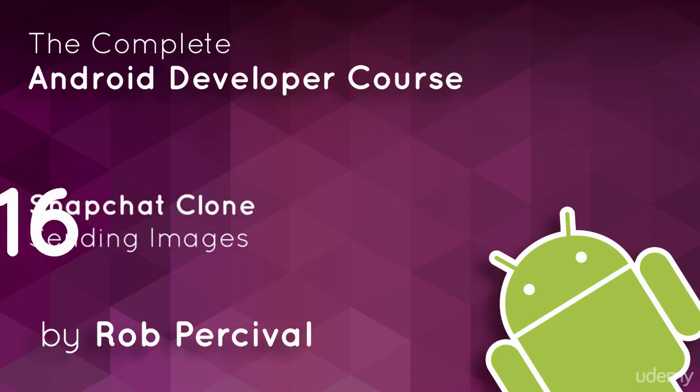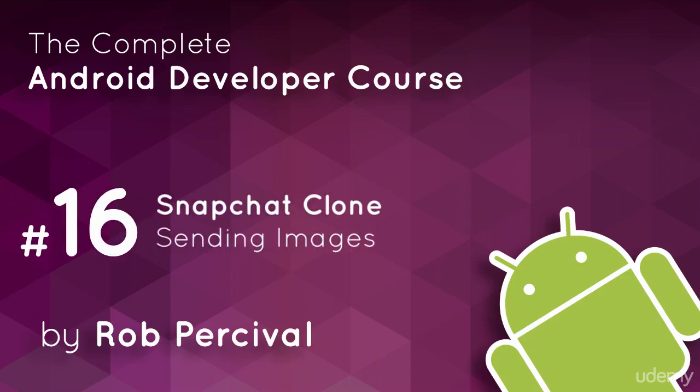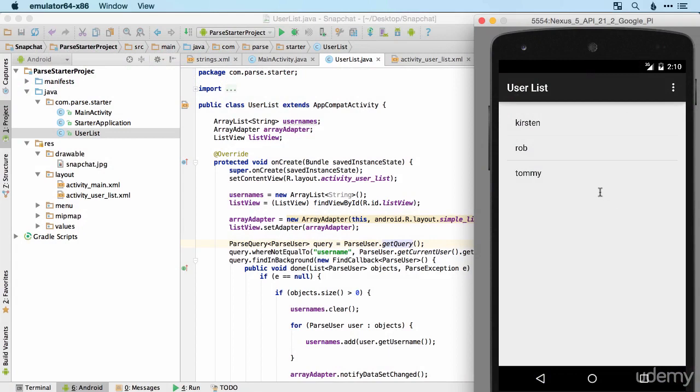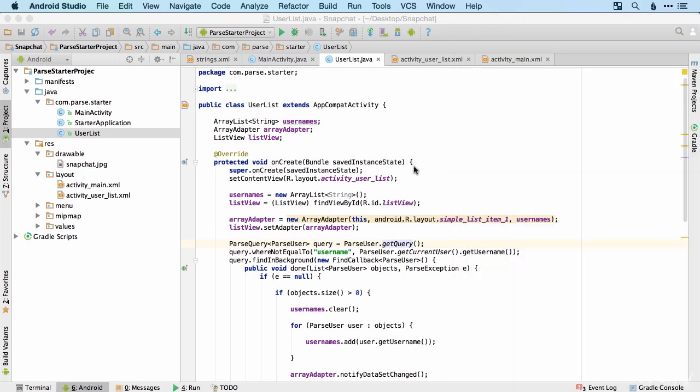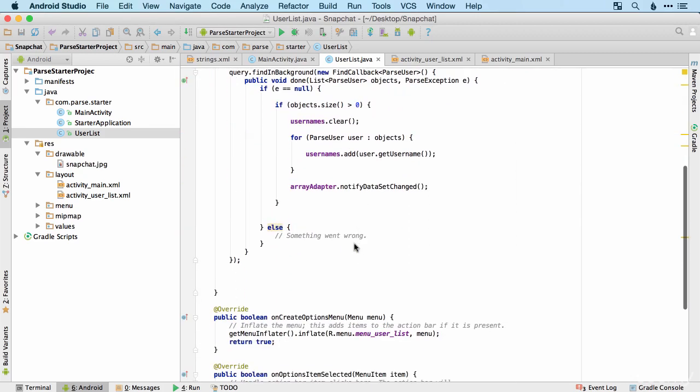All right, so we're zooming through fairly swiftly here. We've got our user list displaying appropriately, and the next step is for the user to be able to tap on any of these and send them an image. So of course we're going to want to import the image from the media store in the same way that we did before. So let's start by setting up